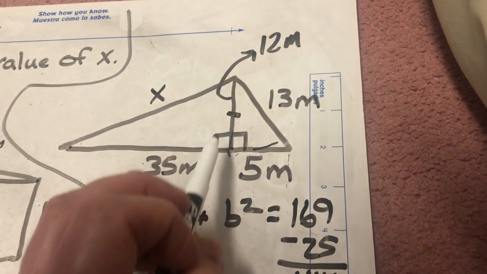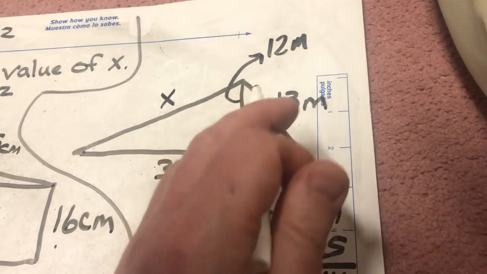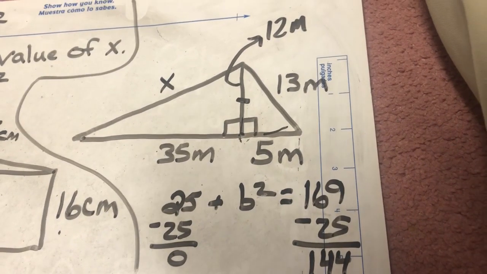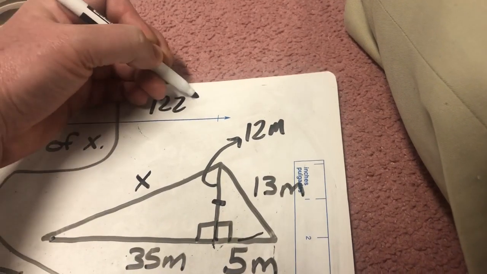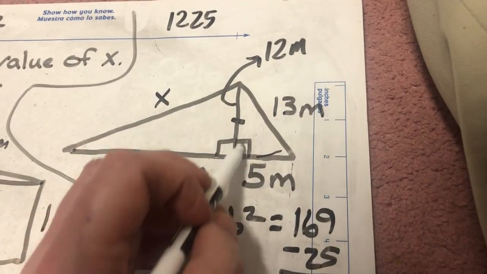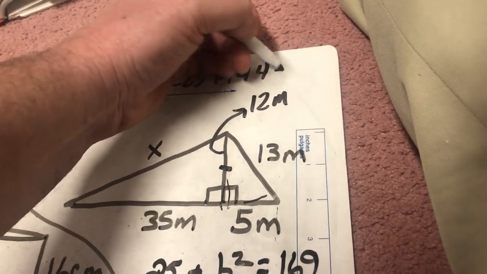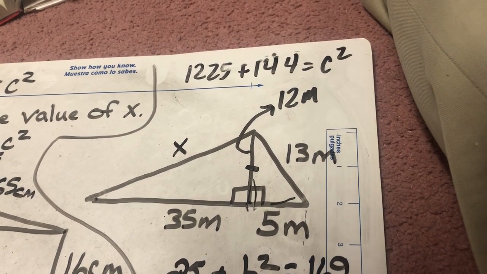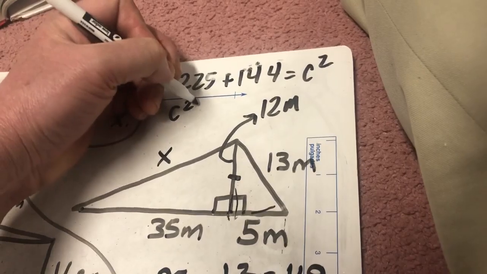Now I can implement the Pythagorean theorem, a squared plus b squared equals c squared, to figure out this here. Well, first of all, if I plug in 35 for a, I go to my calculator, 35, I square it, I get 1,225. So I'm going to write that up here, 1,225. Now b for my bigger triangle is going to be 12. I remember from my previous problem that, well, 12 squared is 144. So I can add 144, and that's going to equal c squared. 1,225 plus 144 should equal 1,369, and it does. C squared equals